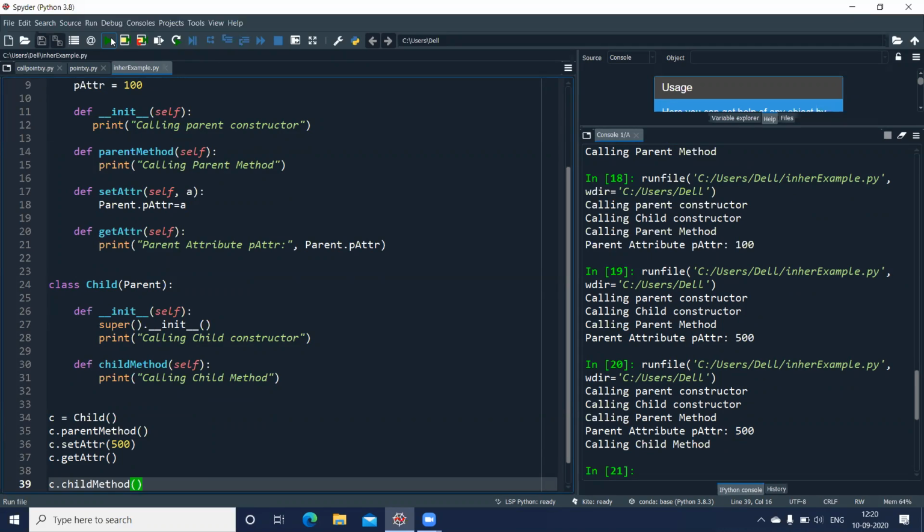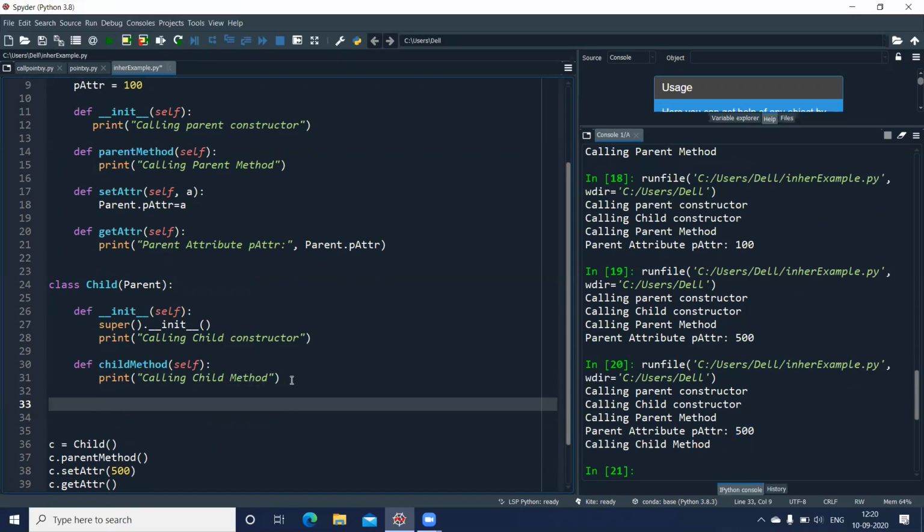Now, can I have a method which is here, and I can override inside the child class? So let me define one method here.